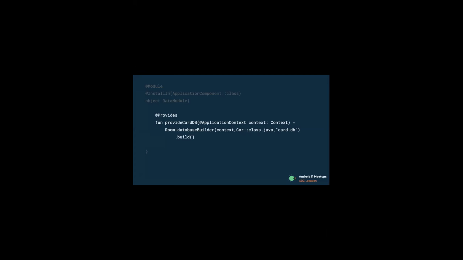But if you want to have the same instance of the database in all activities, we need to also annotate it with the Singleton annotation. That means all activities in our project will have the same instance of our database, or other class that you want to inject and install.